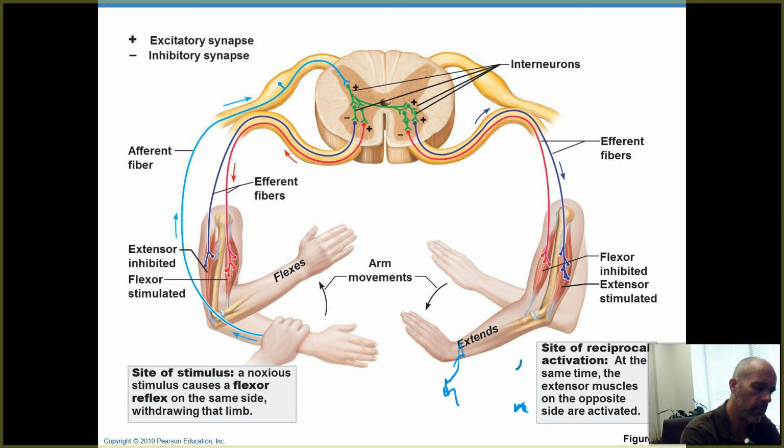Let's see. Pen's not writing. Am I right down there? There we go. I don't know why it won't write up at the top. Cross extensor